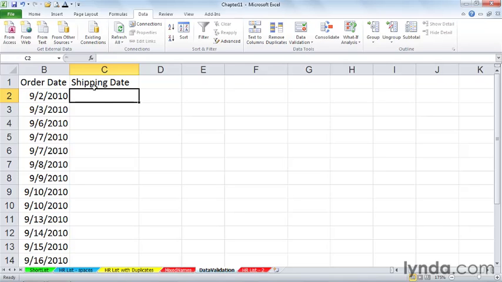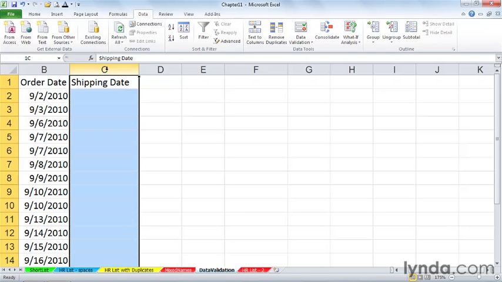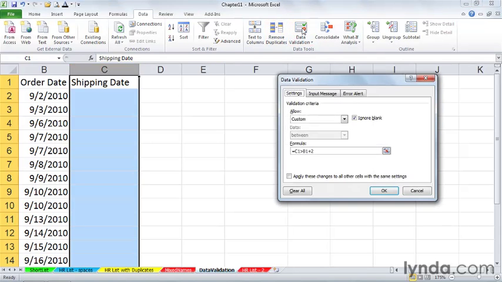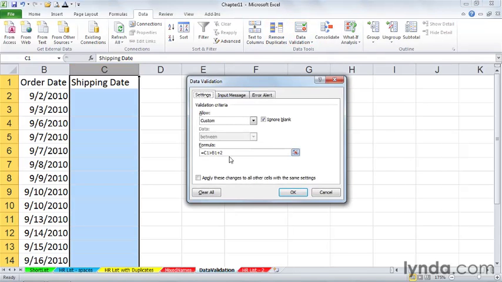And furthermore, maybe we're suggesting here that because this particular product that the company deals with requires some assembly and packaging before shipping, it must be more than 2 days later than the order date. So there's already a data validation rule in place here. And here it is. And if you're familiar with this feature, even though this looks like a strange formula, what it really is saying is